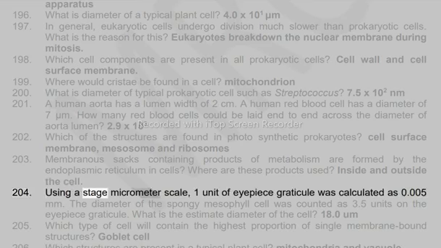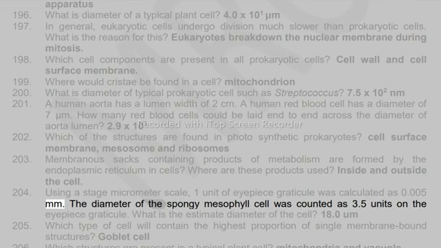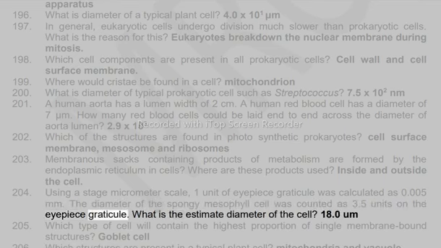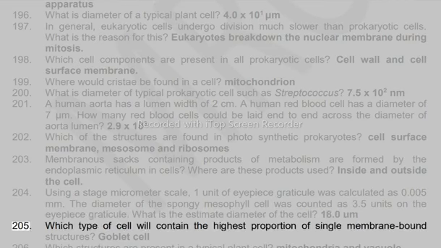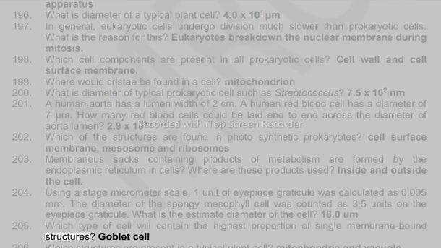204. Using a stage micrometer scale, 1 unit of eyepiece graticule was calculated as 0.005 mm. The diameter of the spongy mesophyll cell was counted as 3.5 units on the eyepiece graticule. What is the estimated diameter of the cell? 18.0